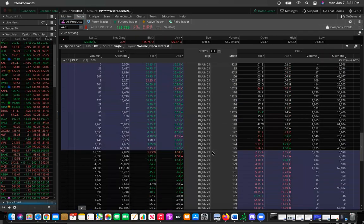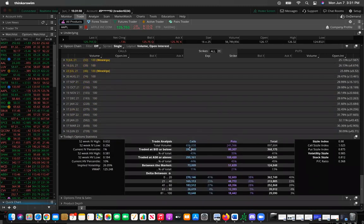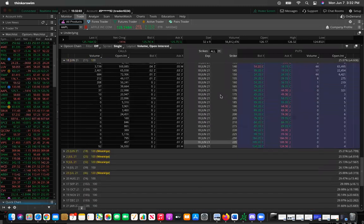Now, I love looking at open interest and volume. Apple is one of the unique stocks where you really have to use your knowledge of the two to really find where a market maker is sitting. Because ever since they did their stock split, retail traders have gone apeshit on Apple options. Okay, 650,000 calls versus 240,000 puts. Okay, that's pushing the level of SPY pretty much. That's a lot of retail, but Apple is the most popular